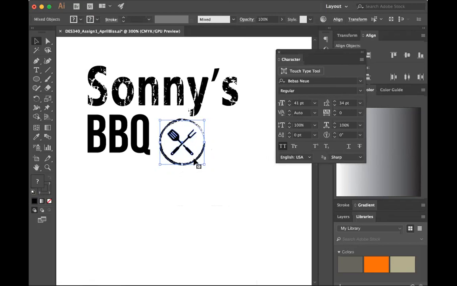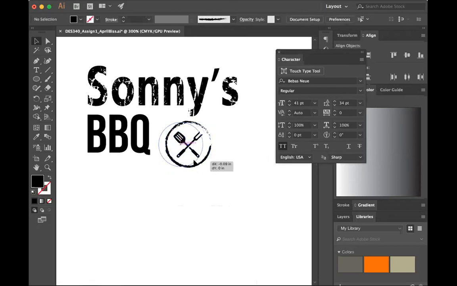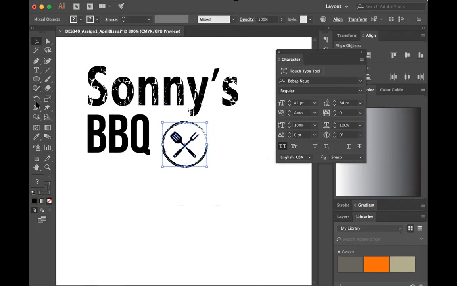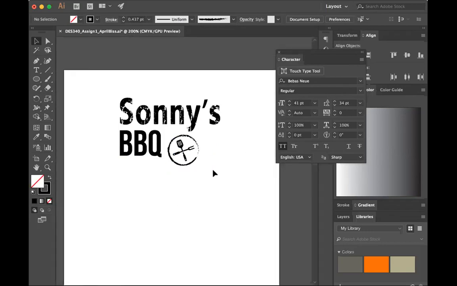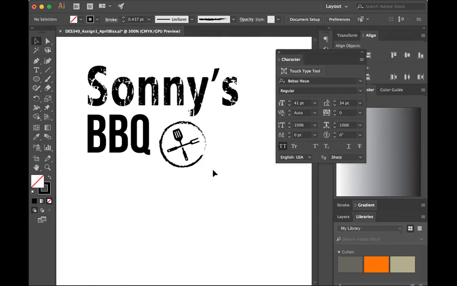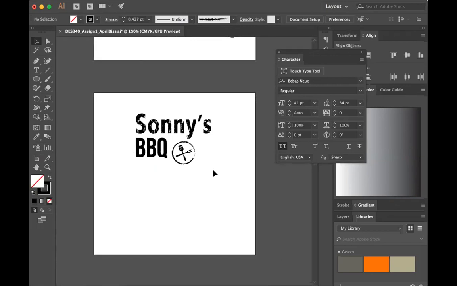We want to keep it balanced. I like the whole stamp look of that. And then I can rotate it too, just to get a nice little rotation happening. So it's kind of like a little stamp going on. Kind of interesting.